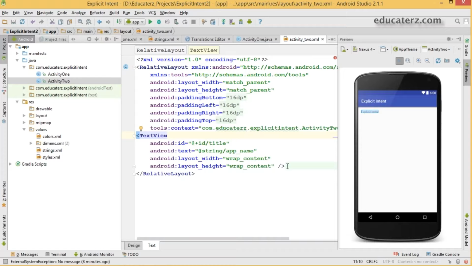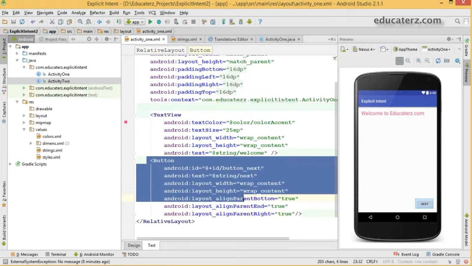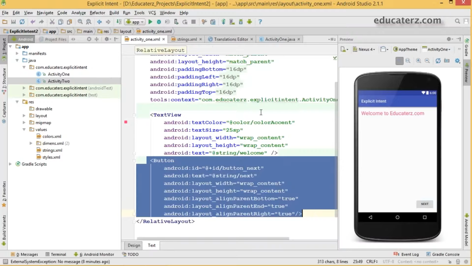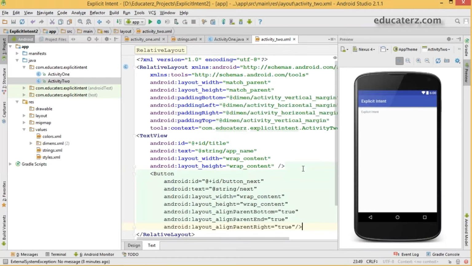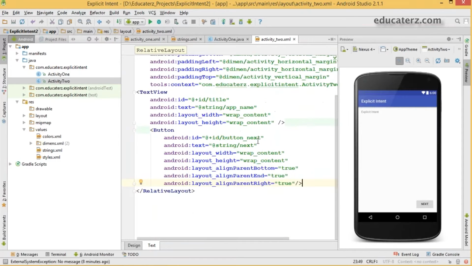The next one is I need a button. So I'm going to get it from my Activity1, just to save my time, as I have already explained multiple times how to create a button. So go to button. Now, whenever I click on this, it should go back, and the string reference is also back, which we created, and that's all. Okay. Now the UI is done.